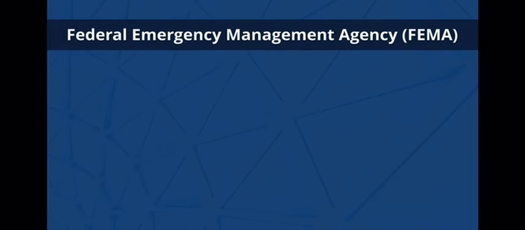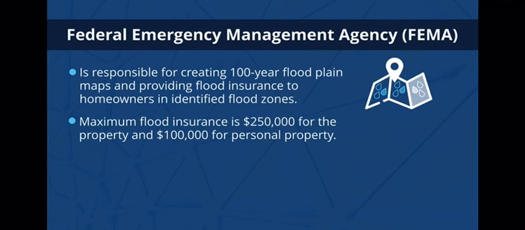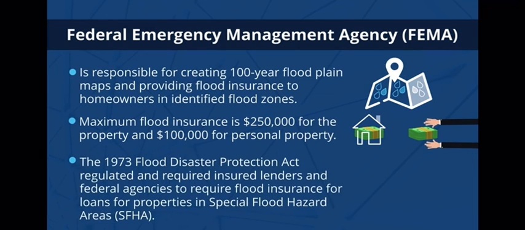The Federal Emergency Management Agency, or FEMA, is responsible for creating 100-year floodplain maps and providing flood insurance to homeowners in identified flood zones. Maximum flood insurance is $250,000 for the property and $100,000 for personal property. The 1973 Flood Disaster Protection Act regulated and required insured lenders and federal agencies to require flood insurance for loans for properties in special flood hazard areas,